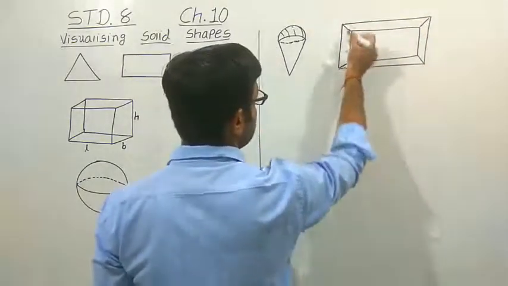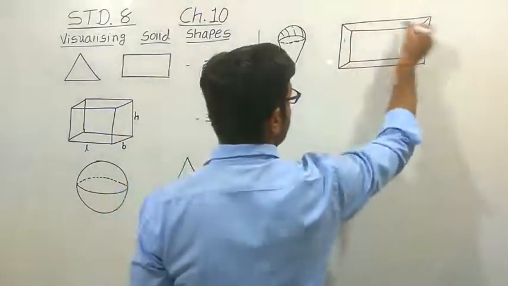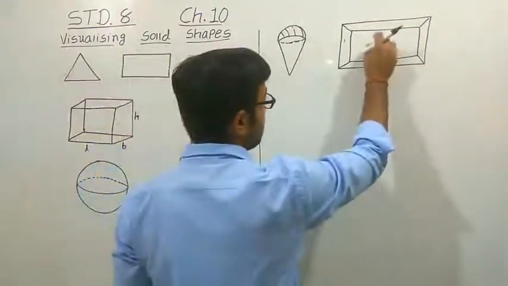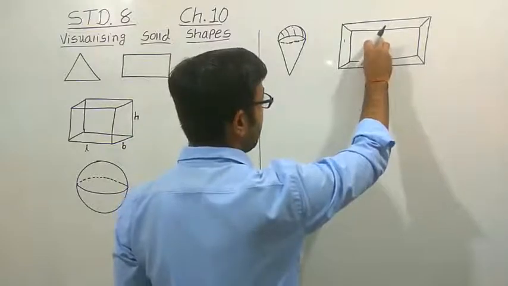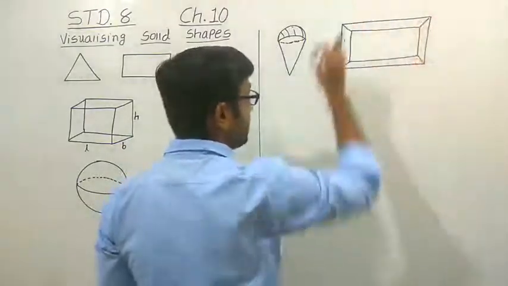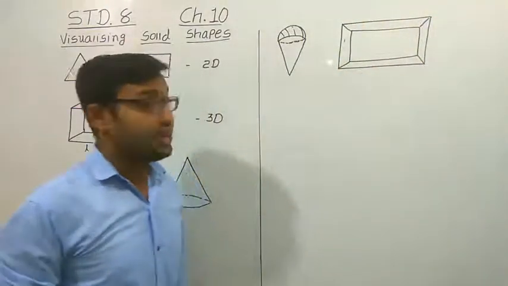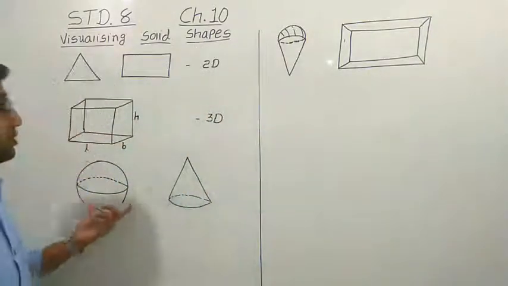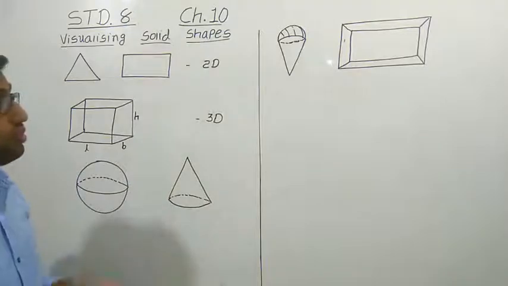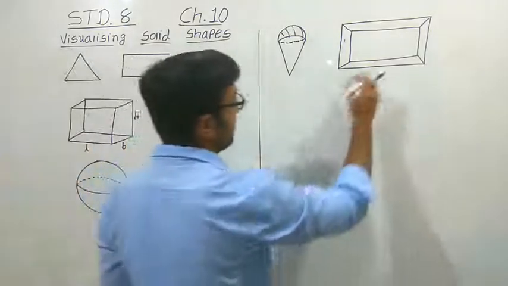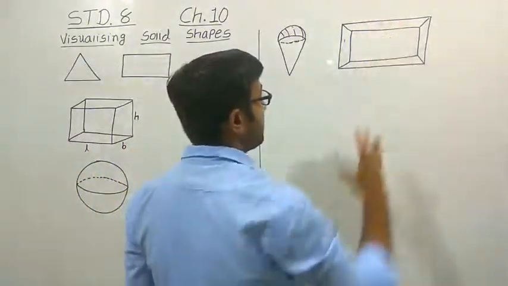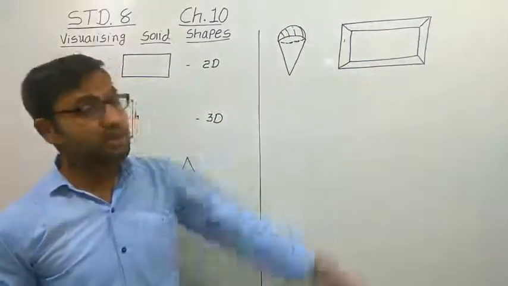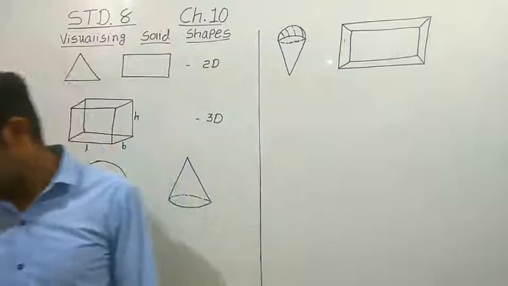So this part is a solid shape, because in this place we have to put whatever photo we require, but this space around it is also a solid shape, and it is the combination of two rectangles or two cuboids, right? This is the first cuboid, outside is the second cuboid. So it is one more example of the combination of the solid shapes.